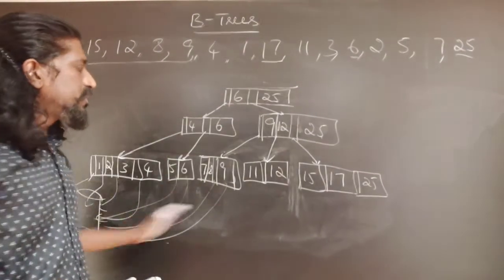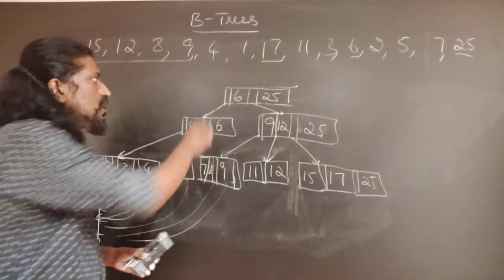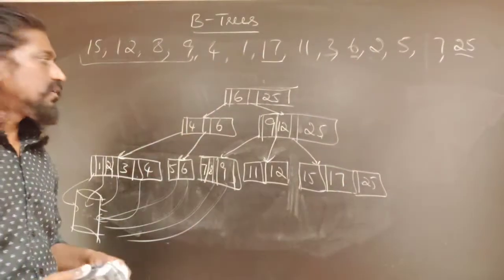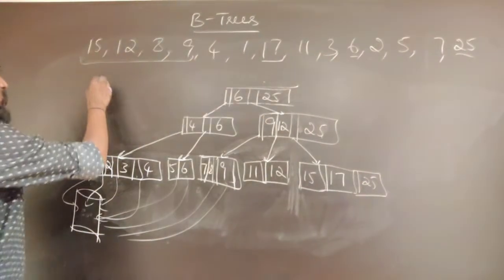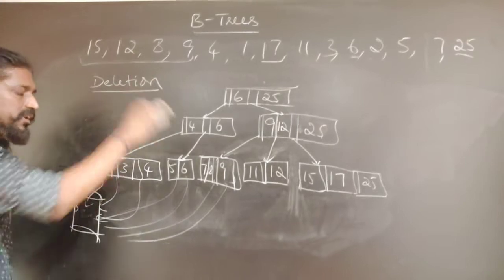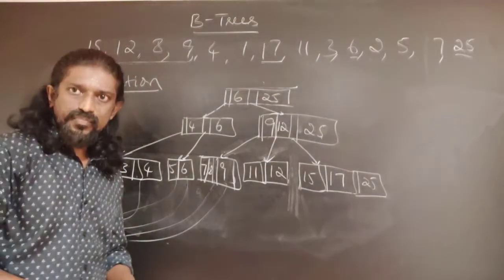Okay, this is a small B tree that we have constructed. In real time, B tree nodes will consist of more keys. Anyway, we will perform an analysis in a while, and before performing the analysis, let us discuss the deletion operation in a B tree. How to perform a deletion operation in a B tree.